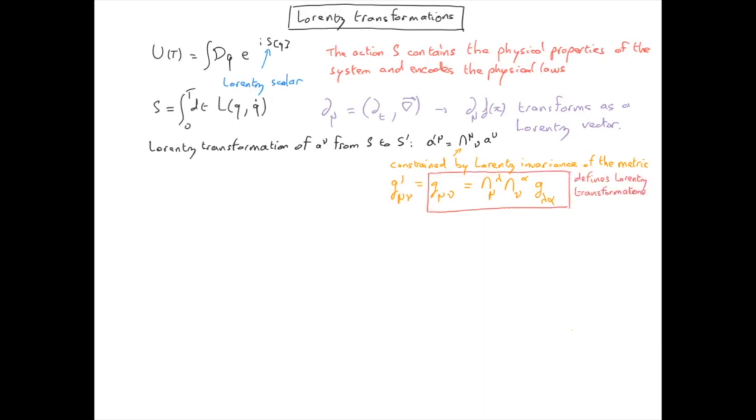Examples of Lorentz transformations which obey this definition are boosts and rotations. Let's take the example of a boost along the x-axis. We can then write the matrix lambda used to transform a Lorentz vector from S to S dash, where gamma is the Lorentz factor. In the case of a rotation around the z-axis, we have